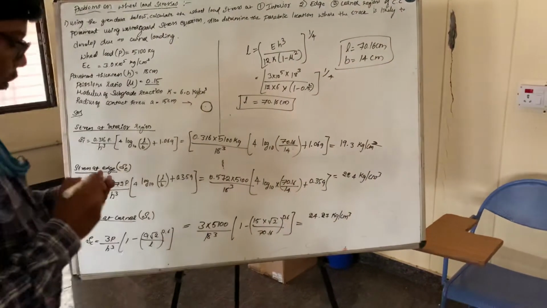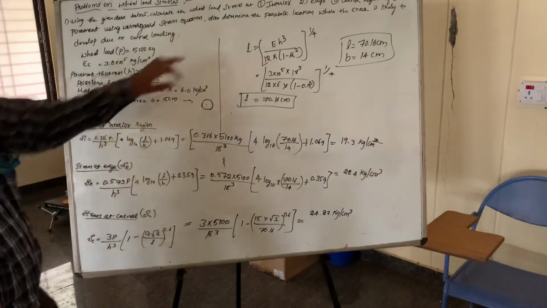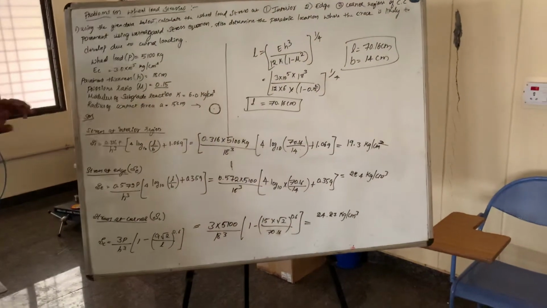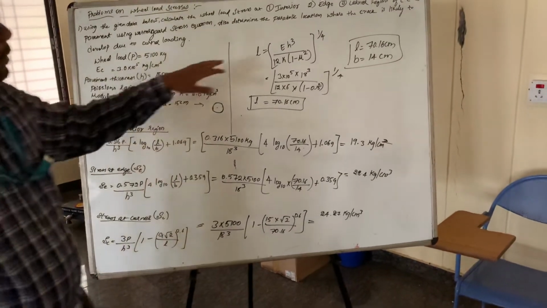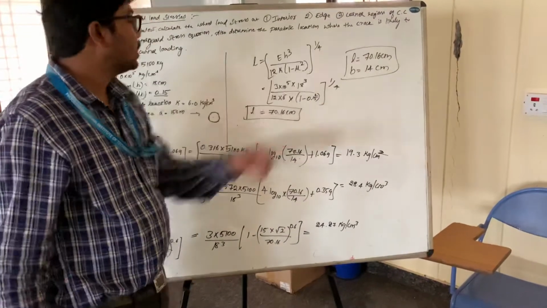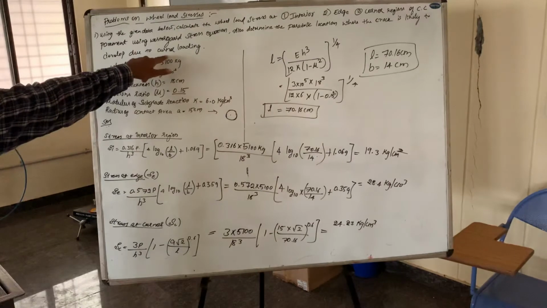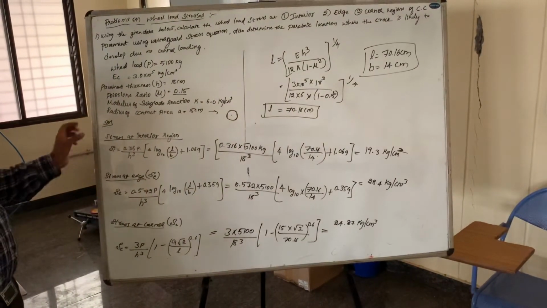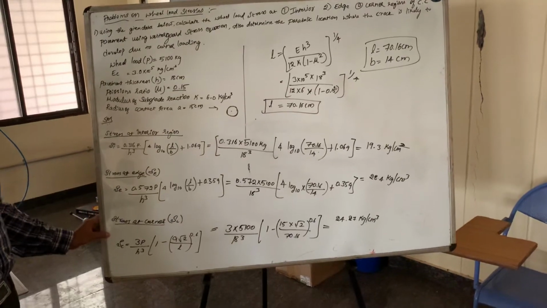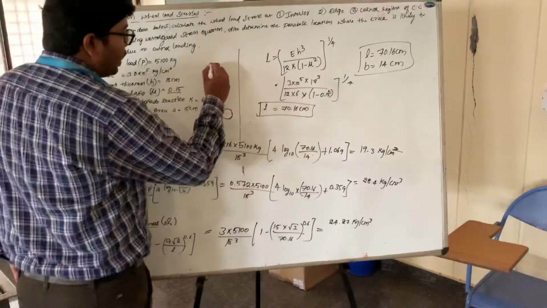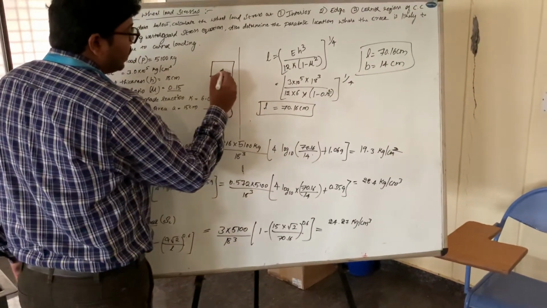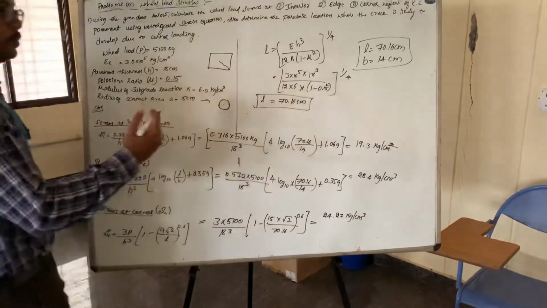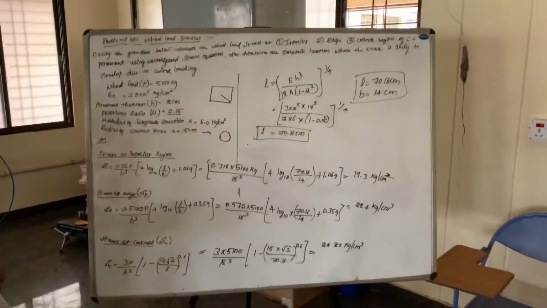So we got the values of the stresses at the interior, edge and corner regions. Again, they have asked to determine the parabolic location where the crack is likely to develop under corner loading. So we got the stress at the three critical points. Now we have to find out where the crack is developed in the diagonal position of a cement concrete pavement.